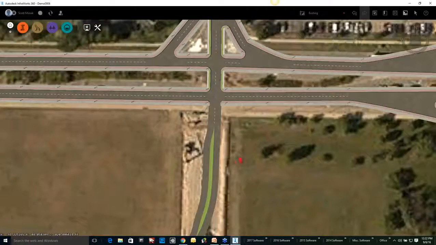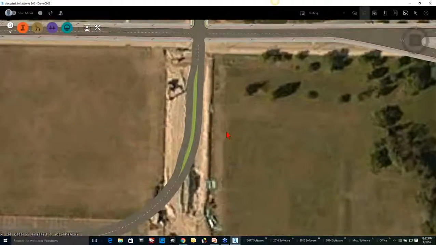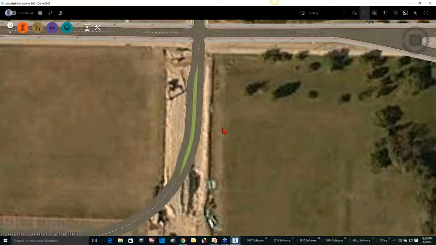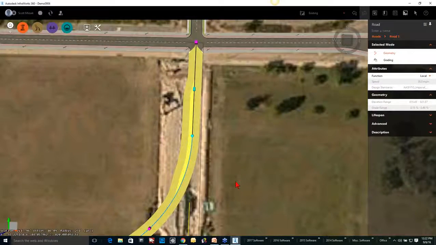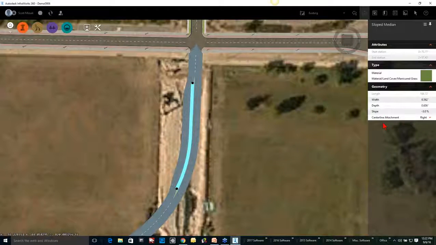And it put in a median at the start station and at the end station that I wanted. But if you look at it, it's all on one side of the road. So if I click on my road and then click again on that particular assembly, it now states center line attachment, it is on the right hand side. If I make it left, it's going to flip it over. It says it's on the right, but it looks like it's on the left because I drew my road from north to the west. So in terms of stationing, that is the right. But if I say center,